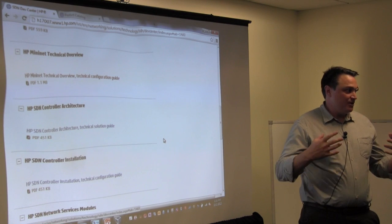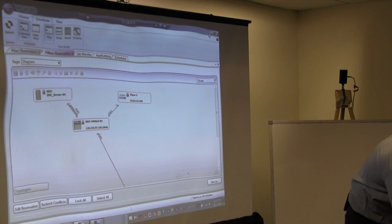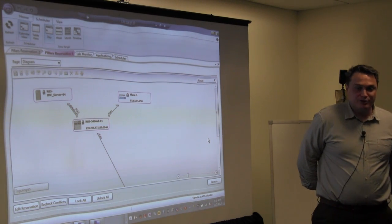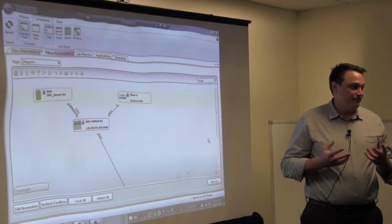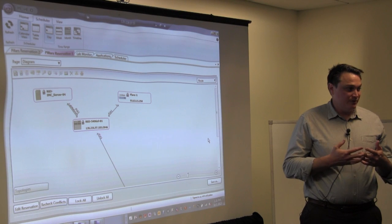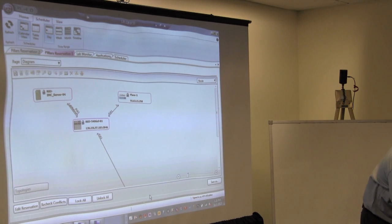So they spin up their VM, they start developing their application. Then in this virtual lab that we have set up, this is our virtual lab interface. We're actually hosting real HP gear in our labs, in different pods that will simulate real networks. So we can have a standard network topology that various customers use. We might have a couple, two or three different network topologies that they can go load their app into. They can actually even from here view this,